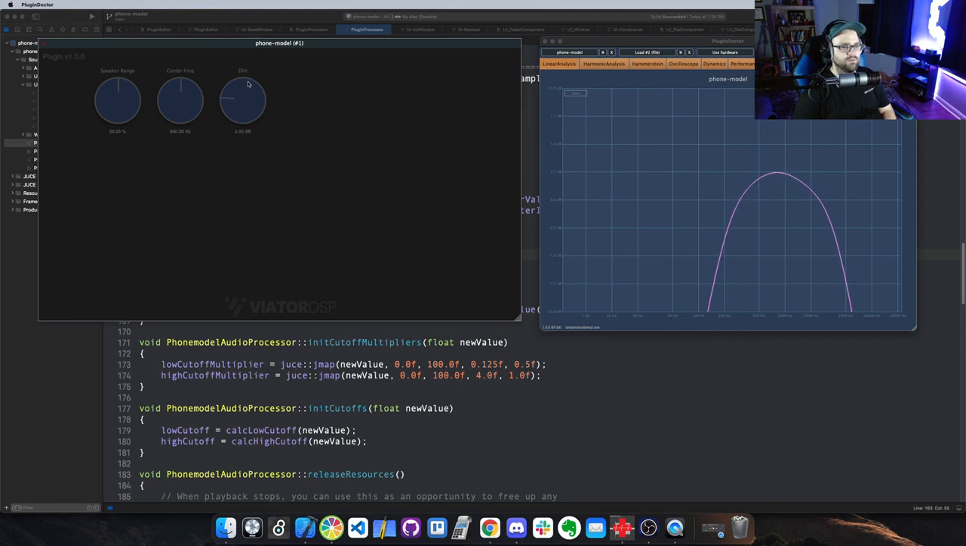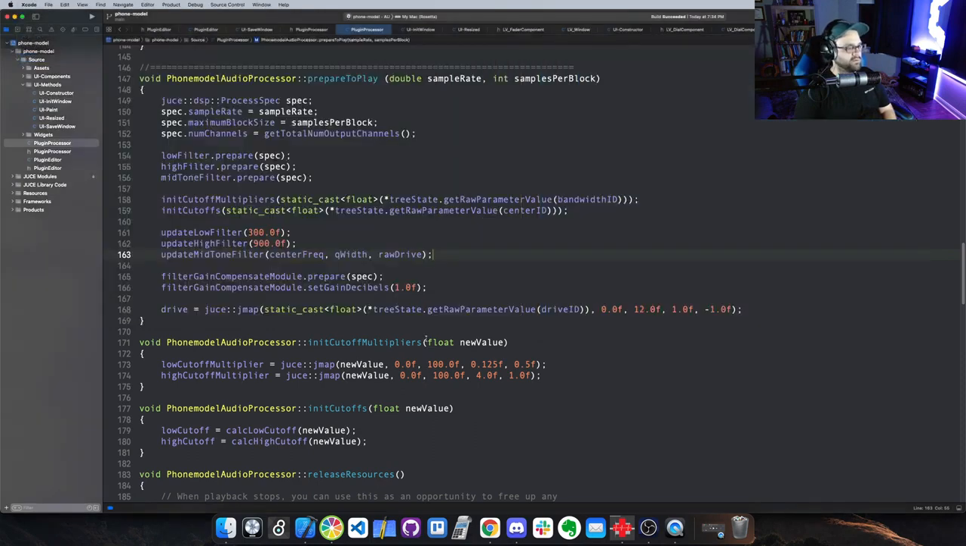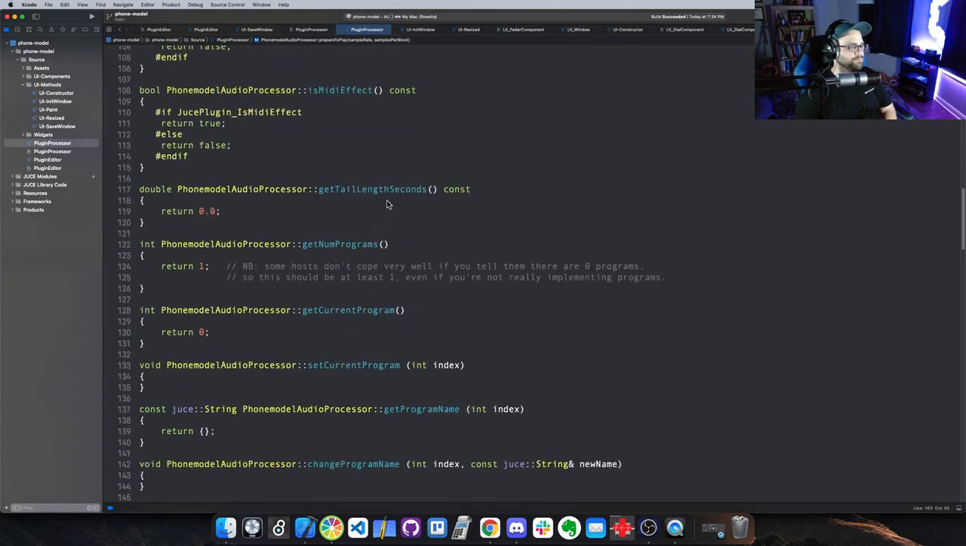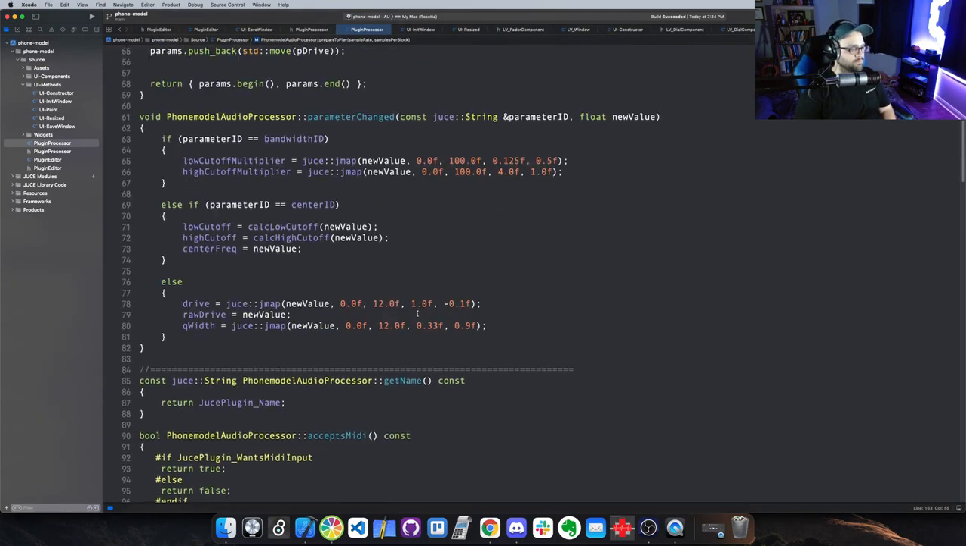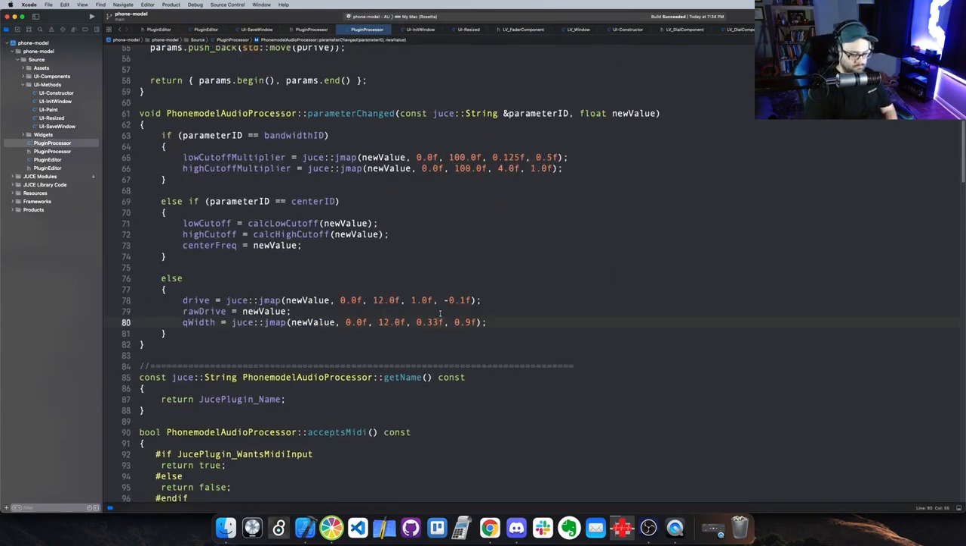I think that's wide, maybe. Oh no, it is too wide, because if you have the speaker range, it needs to be more like 0.5 or something like that. So let's do 5 and then